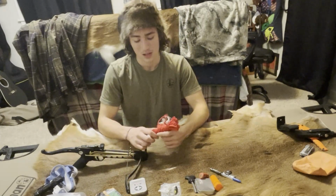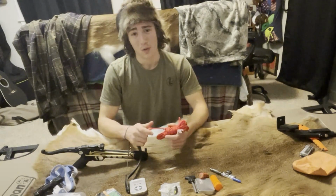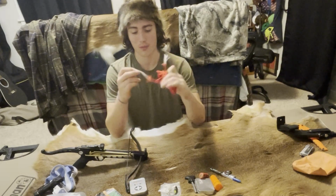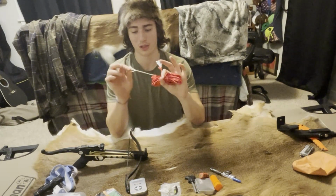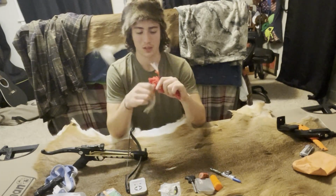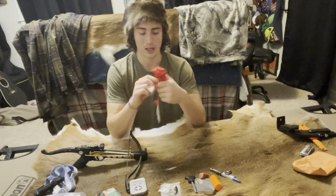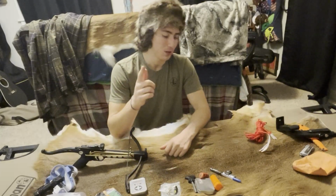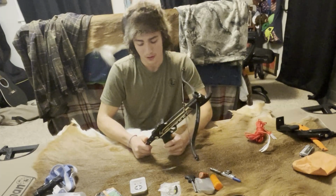You can fasten things together, obviously. Make a smoker. You're gonna get rope. 550 cord's good, but make sure it has these little inner strands right here. Ideally, they're not sticking out like this one is, but I'm too lazy to burn the ends and tie them off and stuff. So bring rope. You'll never know when you need it, but you will need it. You know, it might be a little bit hard to throw in your backpack,